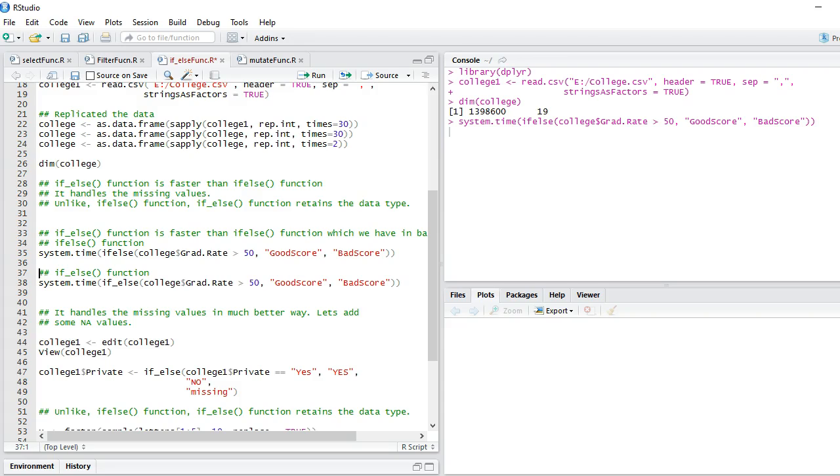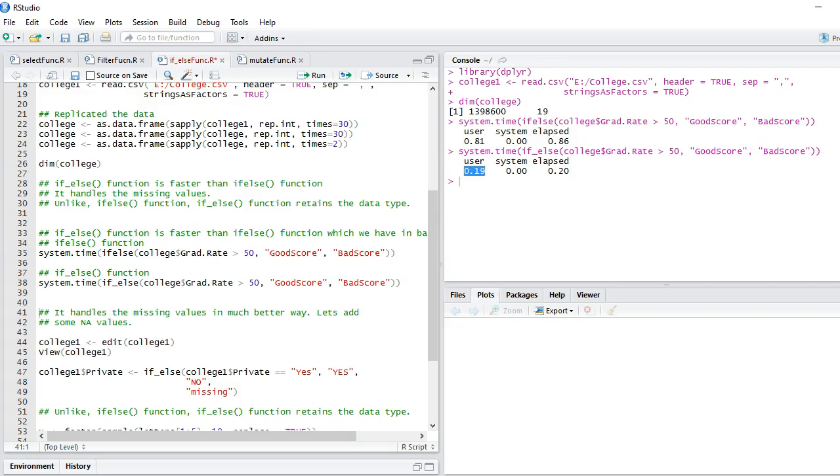If I run this, it's going to take some time because we are talking about 1.4 million rows. You can see that the time taken by the system to run this command is 0.81 seconds. Now I'm going to use the if_else statement, and it also has the same syntax. First one is your condition. If this condition is true, then what needs to be done, and if this condition is false, then what should be done. If I show you, there's another argument which it can take. We'll talk about that argument in a while. So let's run and see how much time it takes.